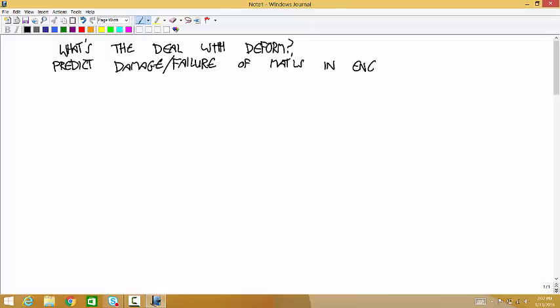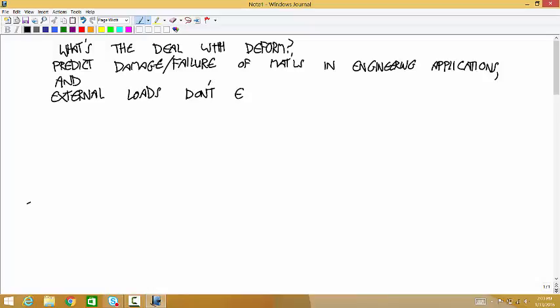Let's say in engineering applications, external loads don't tell the whole story. Let's say they don't explain that. And to me, the clearest example is, okay, so